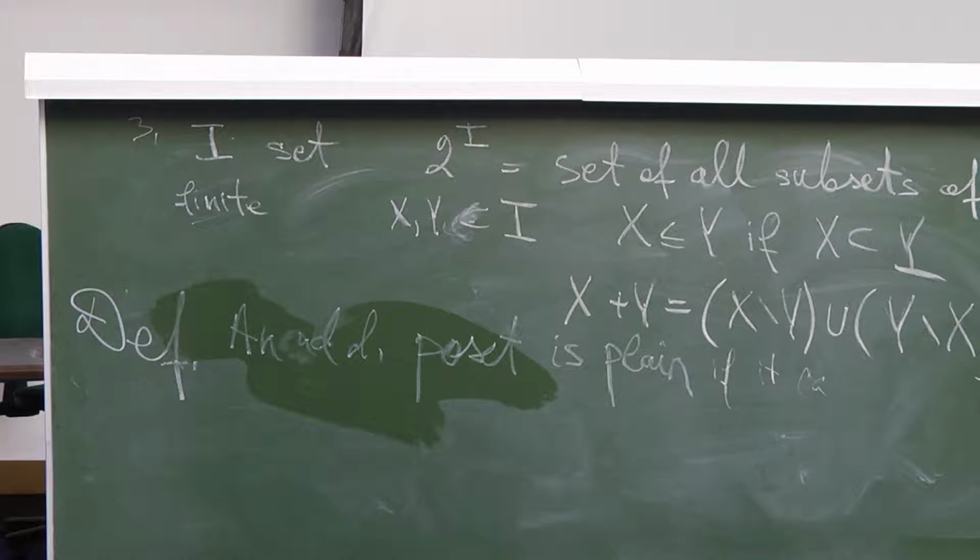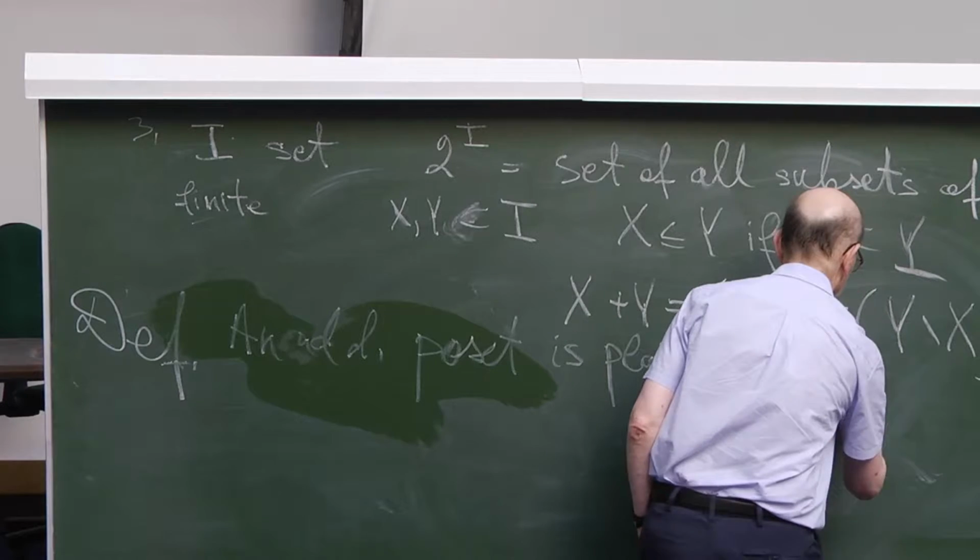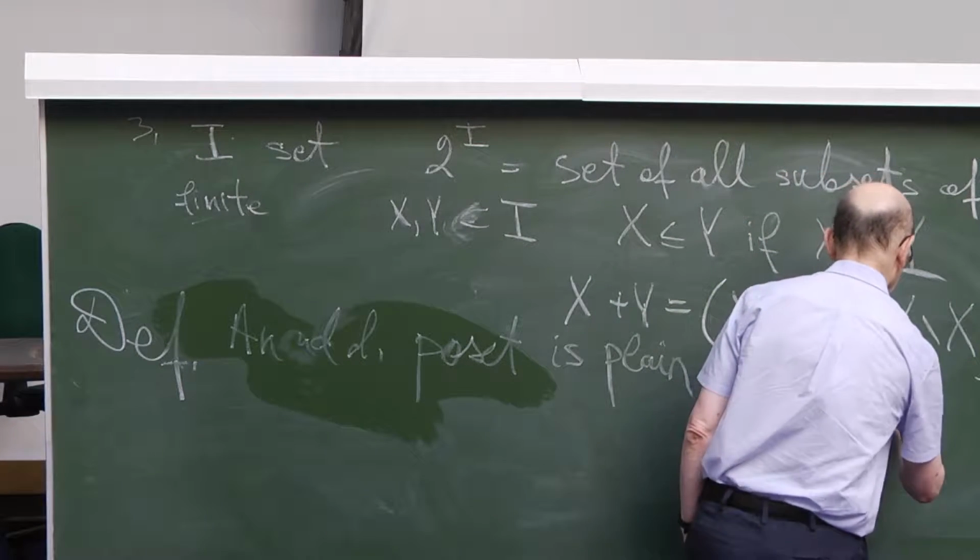Зеленым. Ну, попробуй зеленым. So if it can, yes, зеленый бета, can be obtained